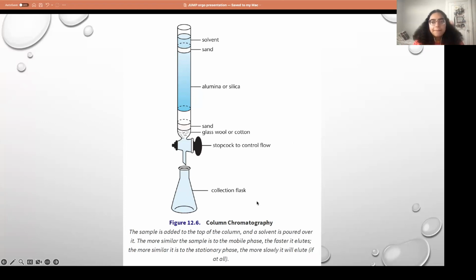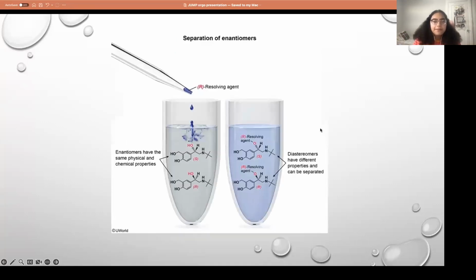So this can be used, for example, in ion exchange chromatography, which kind of goes into biochem, but there are beads coated with charged substances. Things with an opposite charge will stay. So if you have positive beads, your negative things will stick, but positive things repel, so it'll be faster for positive things to pass through. Size exclusion chromatography, you'll have beads with little pores, and so smaller things will get stuck, while larger things go through faster because they won't get stuck in the little holes. And then affinity chromatography is where you're specifically targeting different things, so you'll have a receptor and antibody, which is a very specific format.